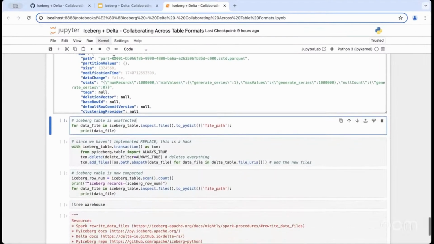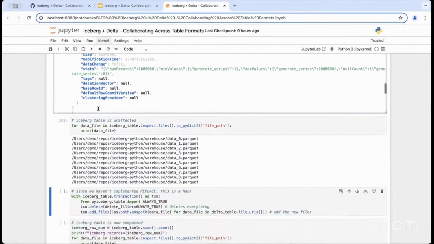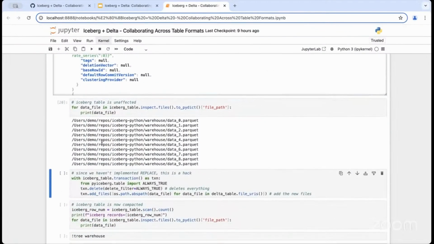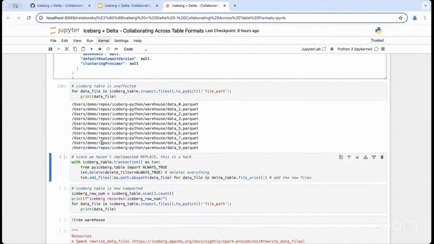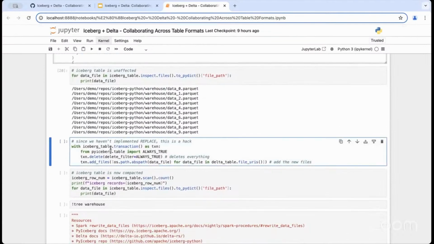And then I go back to Iceberg land. Iceberg, because it has its own set of metadata that's tracking the data files, hasn't changed at all, right? It's still tracking the old 10 data files. Okay, so what I want to do is, I know the result of my compaction. I just need to shimmy it in and make sure that my Iceberg table now only tracks that one data